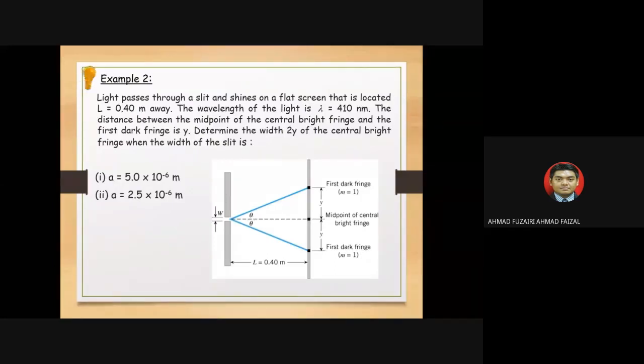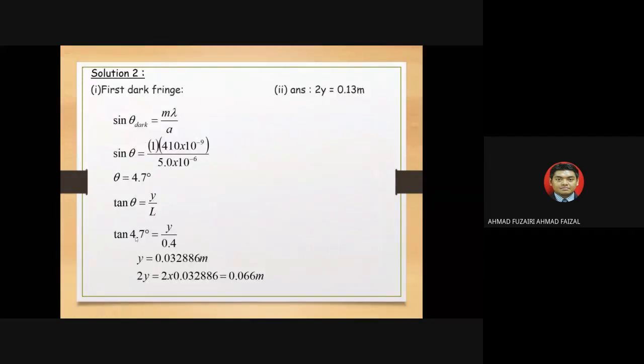But you are not calculating the angular position. What you want is the vertical position. So from here, we're going to apply the tan function. So it's tan theta equals y over L, opposite over adjacent. So it's tan 4.7 degrees equals the vertical position over 0.4. From here, you get to calculate the vertical position of the first minima measured from the midpoint of the central bright fringe, that is